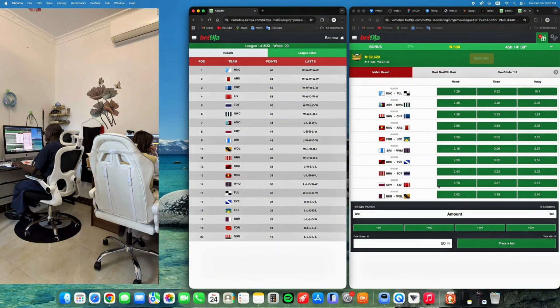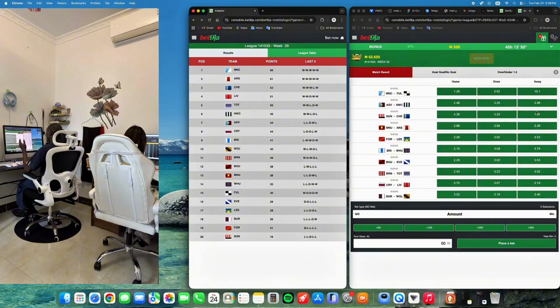I'll be looking for a team that has a high chance of winning. Okay, if you look at almost all the teams, the chances of winning the match this particular week look tough. Now we have gotten to week 30. During this period, the matches are very tight. All the teams are very competitive because none of them want to go on relegation. Okay, so it's very competitive. We can possibly skip matches like this or see how we can play.